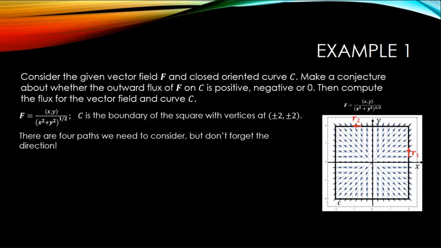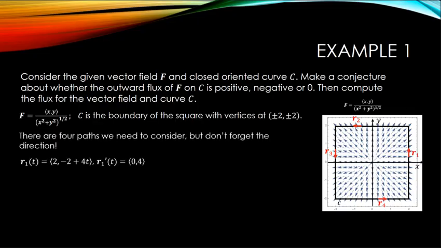This means that I'm going to have one path length that I call R1, which I'll take to be the right side of my square. My path length R2 will be the top of my square. My path length R3 will be the left side of my square, and the path length R4 will be the bottom of my square. Notice that I'm choosing to orient it so that the vectors always point counterclockwise around the